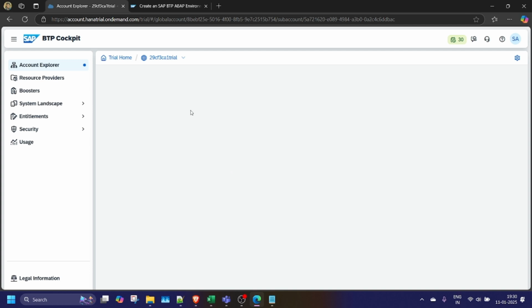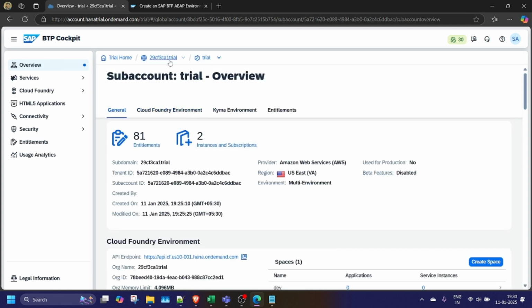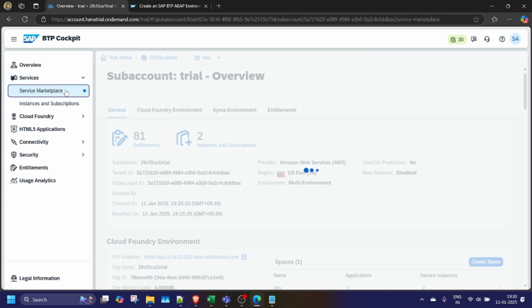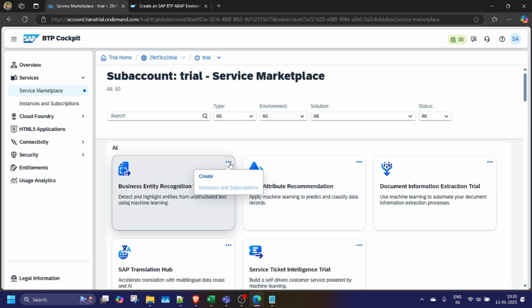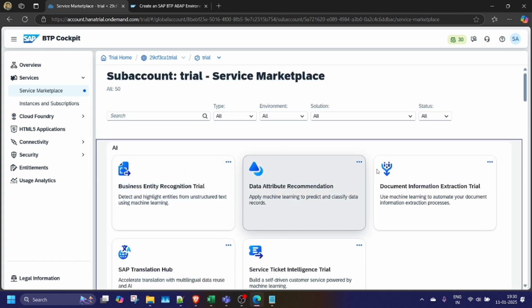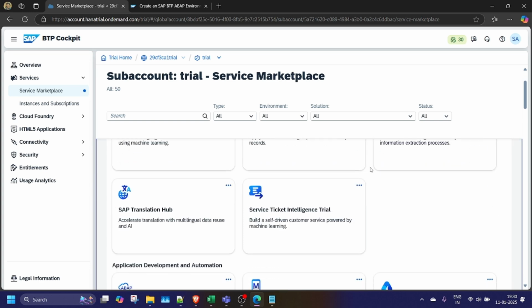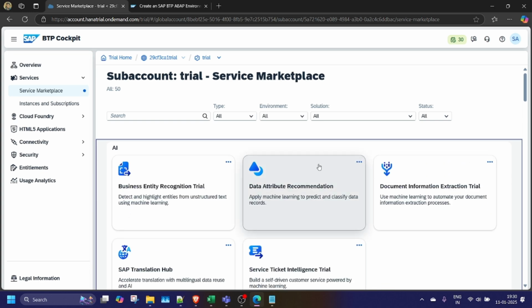Let me first show you the services actually here. Inside the sub account, we see options like services, subscription, instances, Cloud Foundry, HTML5 application. What are all these things? So within a sub account, the first thing is we have services. We can buy multiple services, we can register for multiple services, we can create the subscription for all these services